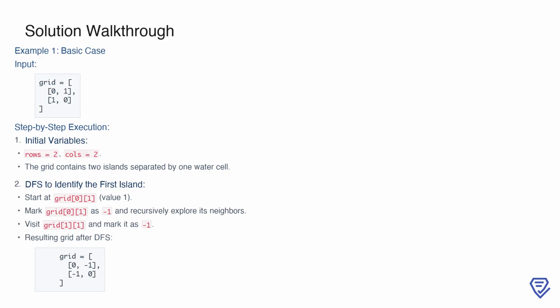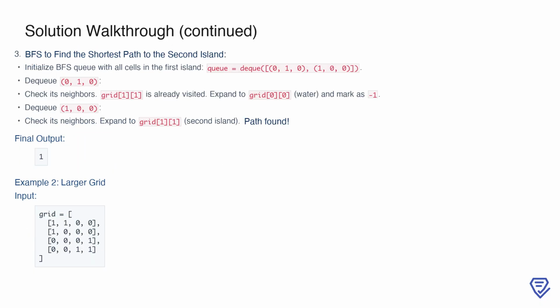it has been visited. From there, we recursively explore its neighbors. For example, we move to grid[1][1], marking it as -1 as well. Once the DFS completes, the grid is updated to reflect the first island is visited, with the new state being [0, -1], [-1, 0]. This prepares us for the next step, where we'll focus on finding the shortest path to the second island. The next phase involves using breadth-first search, or BFS, to determine the shortest path from the first